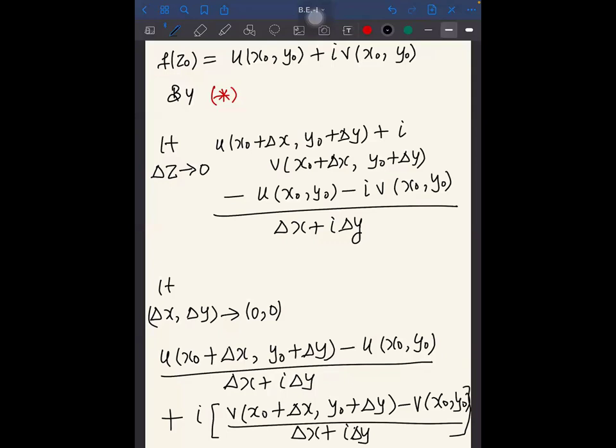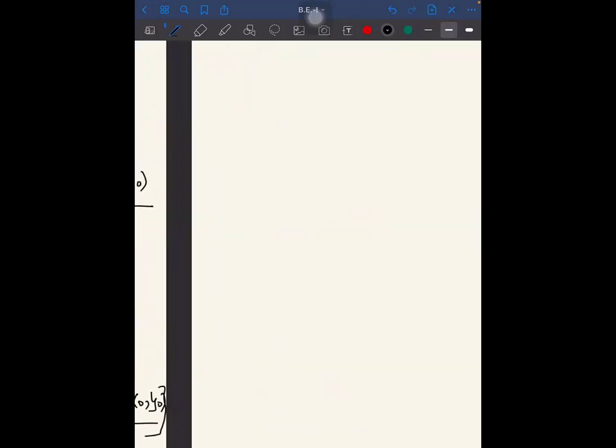So this limit should exist. Now, can you tell me, is this a 1D limit or a 2D limit? 2D limit. So in a 2D limit, the limit will exist only if any path you take gives you the same result. Doesn't matter from which path you are approaching that point; from every path, the limiting value should be the same. So in particular, I take two paths: one horizontal and another vertical. Let's say I take the horizontal path.